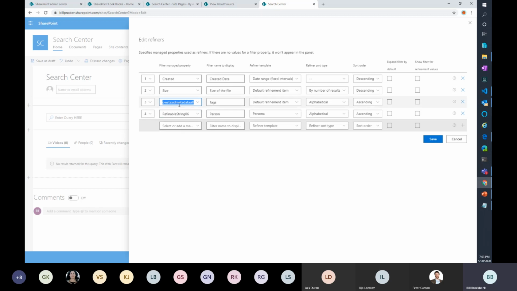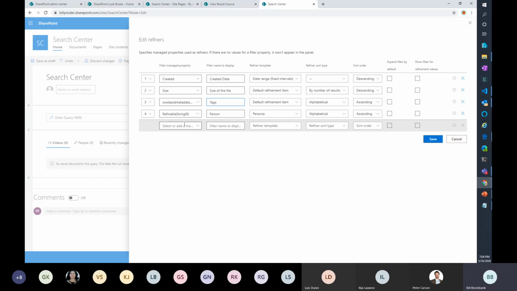Good question. Some of this is an out-of-the-box taxonomy field. It's all the tags that come along with SharePoint. You then get the ability to do templating, and the templating is interesting because you can do some modifications on the way that data comes out: the type of data it is, how you want to sort it, and ascending or descending. This is how your refiner will show the values that show up.